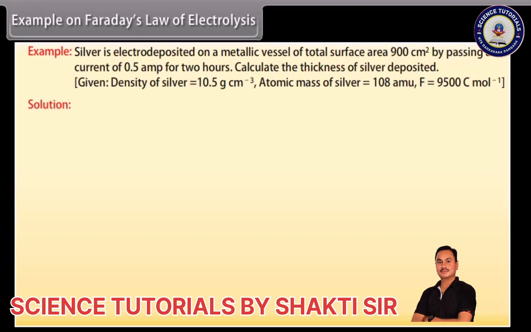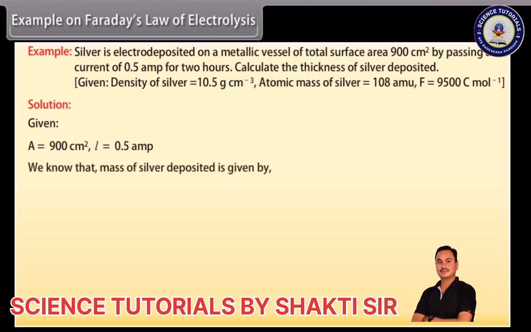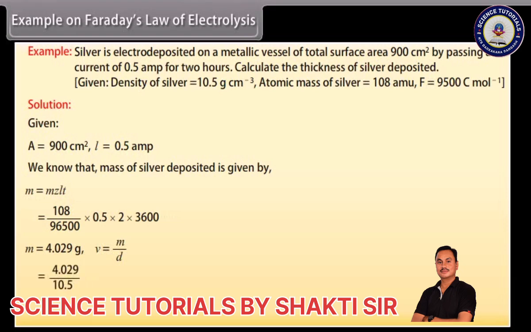Let's see the solution. Here given values are A is equal to 900 centimeter square, I is equal to 0.5 ampere. We know that mass of silver deposited is given by M is equal to ZIT. By putting the values, we get M is equal to 4.029 gram. We know that V is equal to M upon D. By putting the values, we get V is equal to